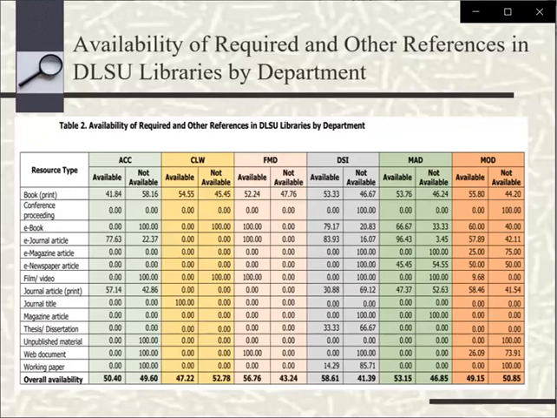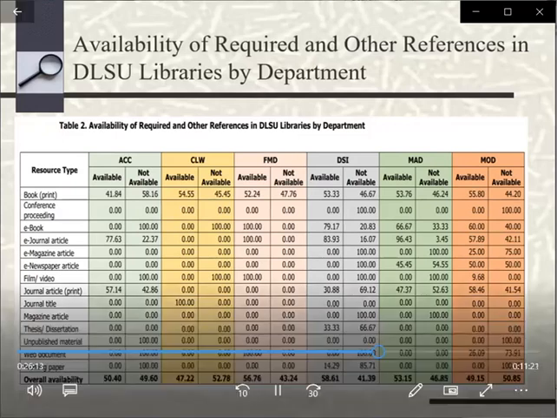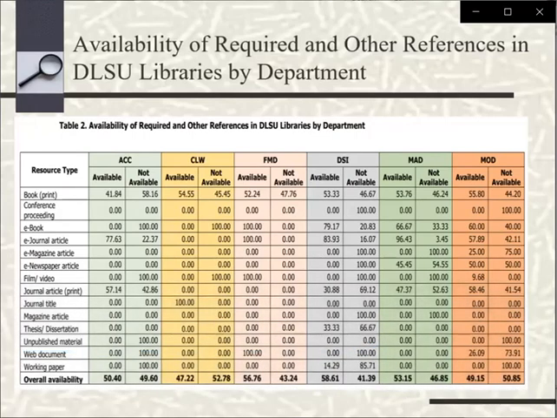Thus, commercial law and management and organization tend to use more material outside the library resources. However, as shown in the figures, the differences in the percentage of available and not available library materials across departments are not high. Therefore, the library must review the titles in course syllabi that are not yet available in the library and decide whether there is a need to acquire them in collaboration with RBR COB faculty.